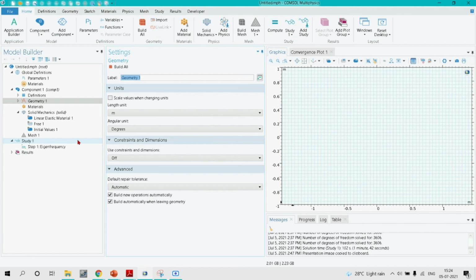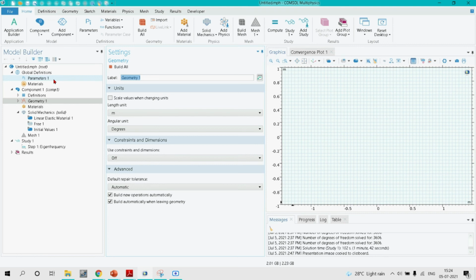Okay, so after selecting the physics and the type of study, we will be shown this window by COMSOL. Now, basically, in order to find the band gaps or the dispersion curve, what mainly we will be doing is solving the eigenvalue problem for periodic conditions. So the eigenvalue problem will be solved for periodic conditions in the irreducible Brillouin zone.